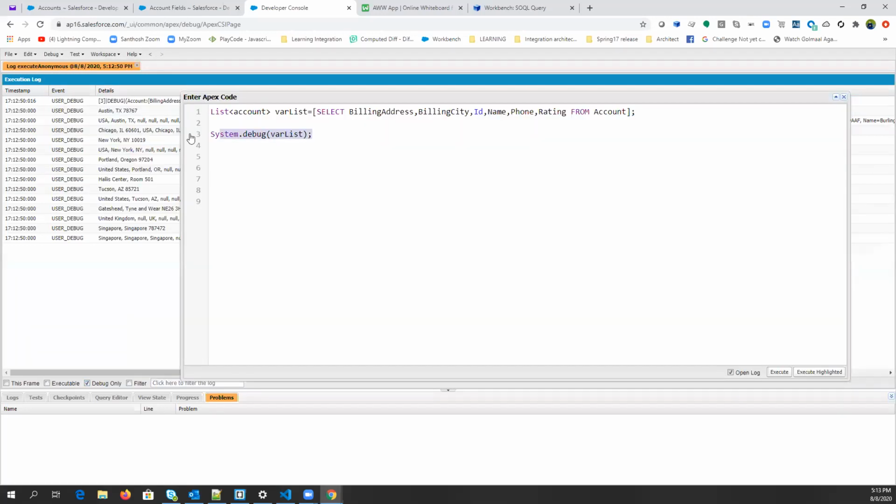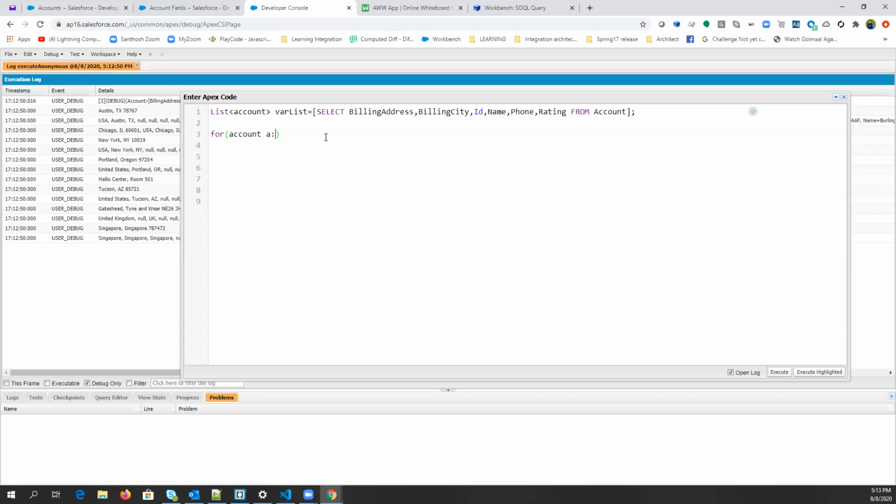Now you can come again here. So let's say if you want to access records one by one, let's say you just want to change or update some records from account, then you can simply put a loop on the where list, right? Or you want to print it one by one. So what type of list is it? It is an account type, right?